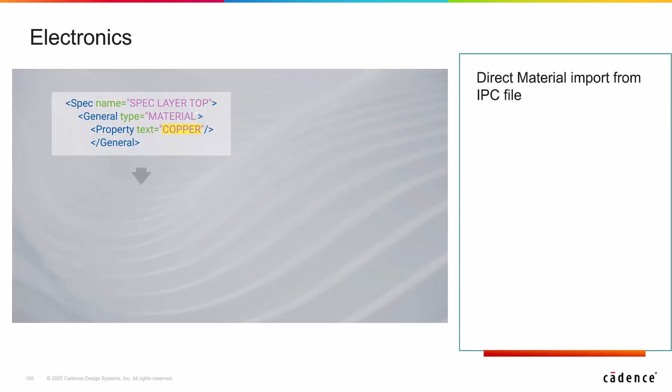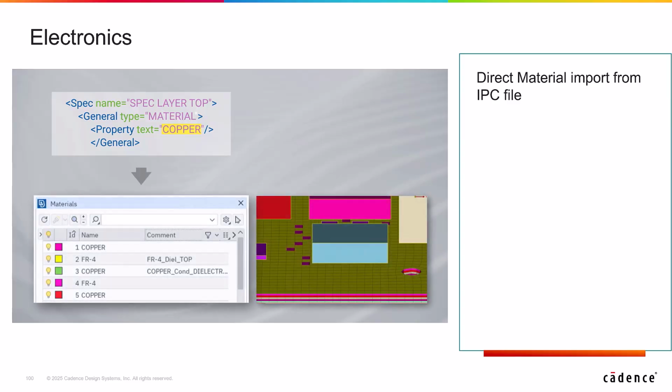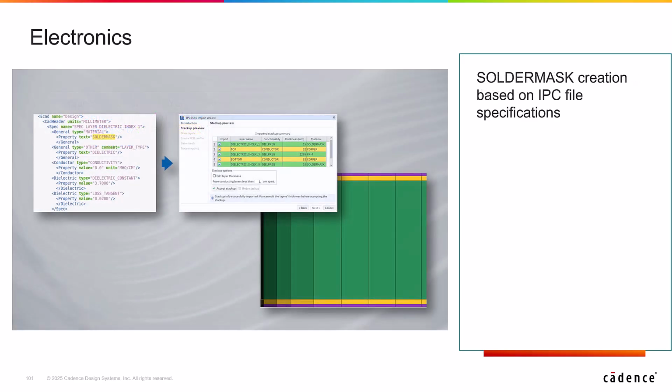The names of the materials used for each PCB layer are now directly imported from the IPC file. Additionally, further information is provided in the comment field of the materials card. In previous versions, the reading of the PCB layer started from the first conductive layer. Now, the solder mask is also imported if it is referenced in the IPC file. A different color is assigned to make it easier to distinguish from the other layers.